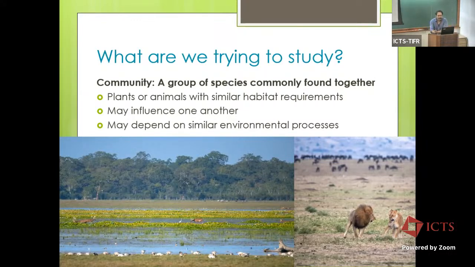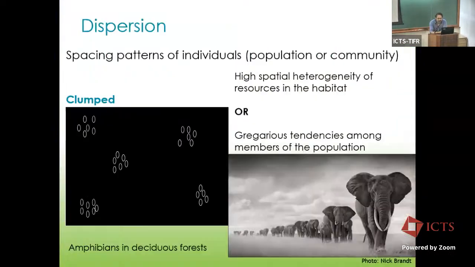So there are different kinds of species that together comprise a community, and they could be influencing each other in different ways, and depending on similar environmental processes, similar habitats, and all of that plays out as we look at them further. So a few things to keep in mind. A lot of this applies to populations of animals, but also could potentially be relevant when we're thinking about communities as well. So one thing is about how individuals or species space themselves, how they distribute themselves in